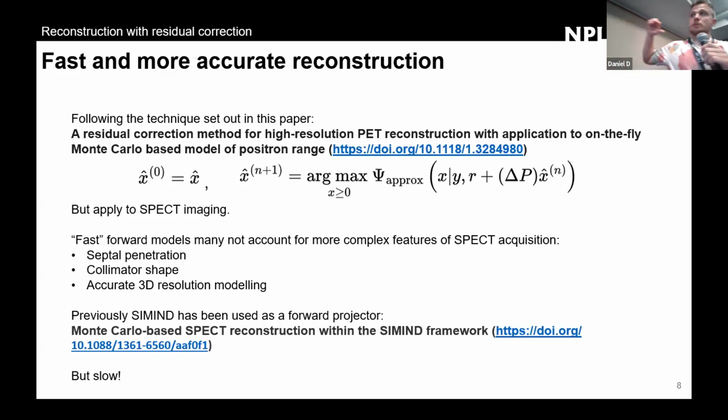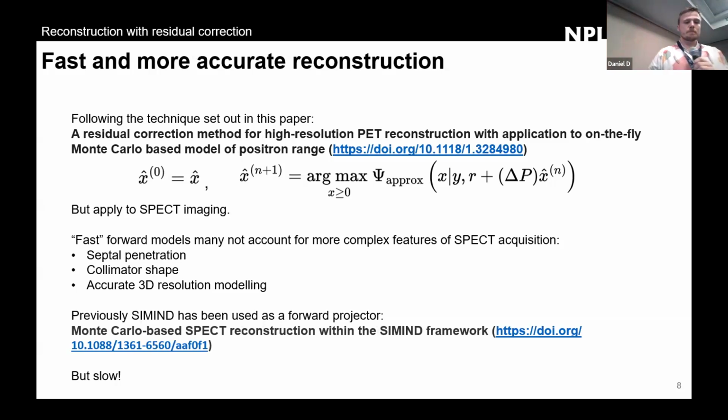Basically, you do a reconstruction with an additive estimate. Then after this reconstruction, you do a forward projection with an accurate Monte Carlo forward projection and a forward projection with your fast forward projection, using STIR in this case. Then you look at the differences between the accurate forward projection and the fast forward projection, and you add this to the additive estimate, and then you do another reconstruction,